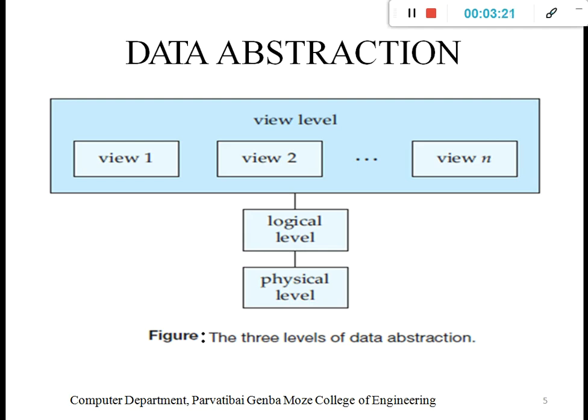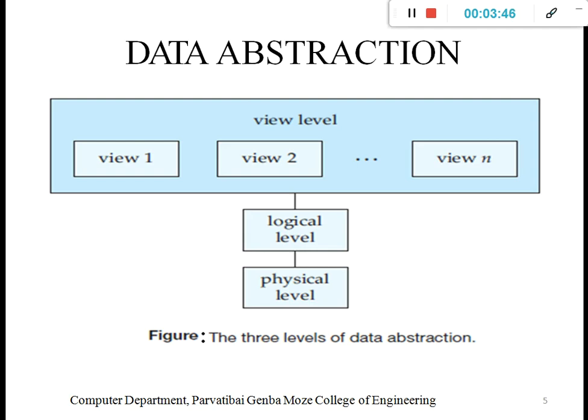If a particular user wants to view the account statement or a mini statement, that is again another view. If a user wants to change the password, that is again one view level. The particular user has a different type of view with the applications. That is what we call the view level.